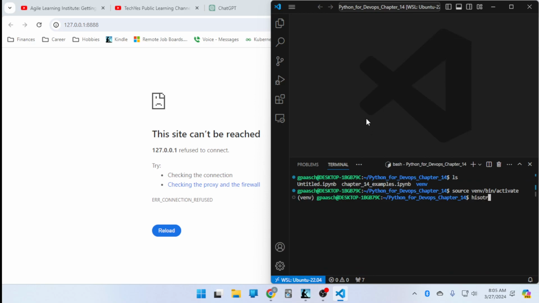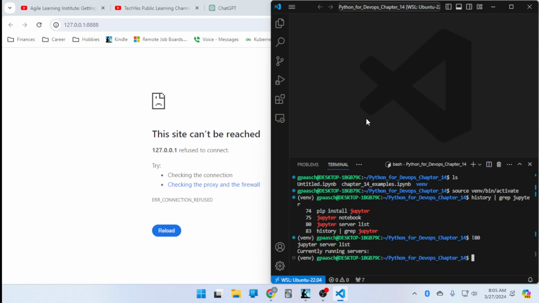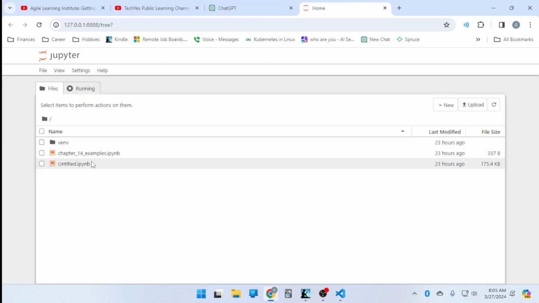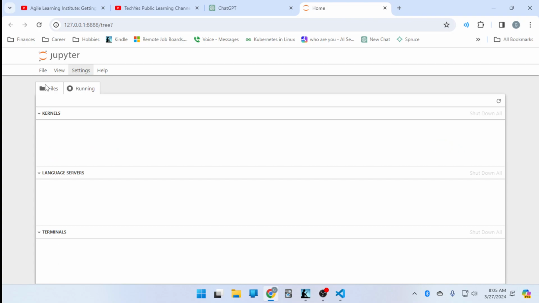Let's look in the history. Maybe it's still in there. So command number 80 should be pretty useful. So we don't have any running servers. So I'm not sure how to run the servers. Maybe it's command 75. Okay, yeah, so command 75 opens the Jupyter server, and then within the Jupyter server, there's nothing running yet, but